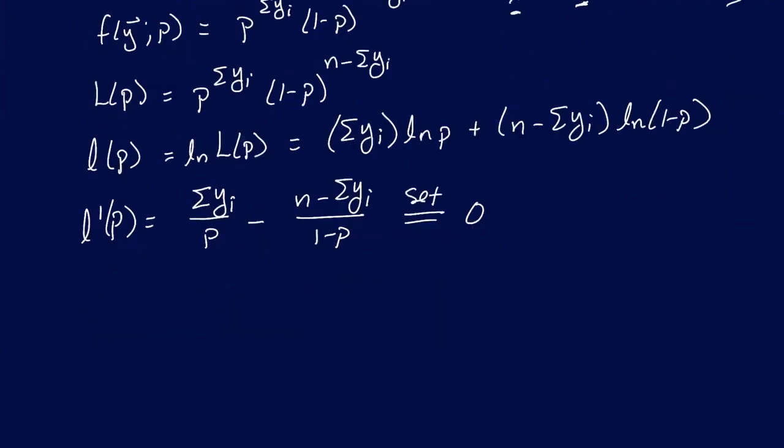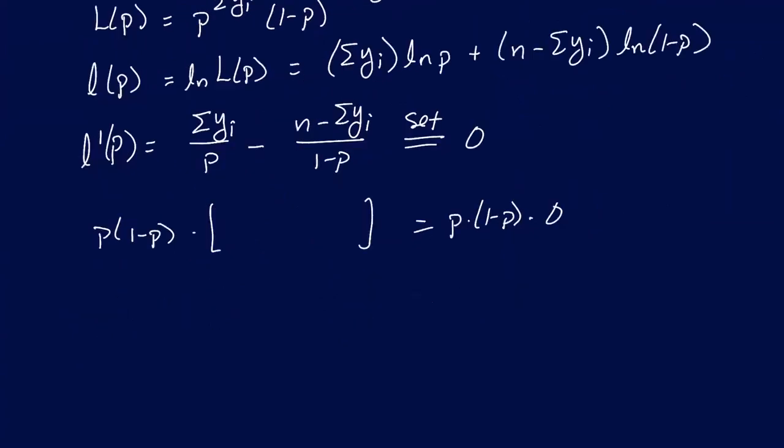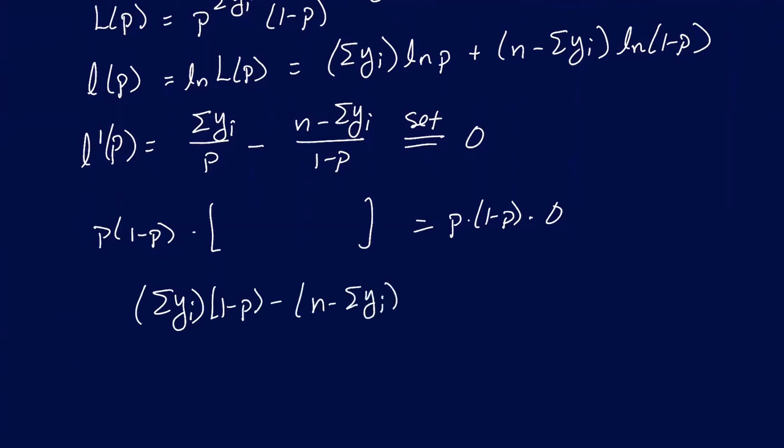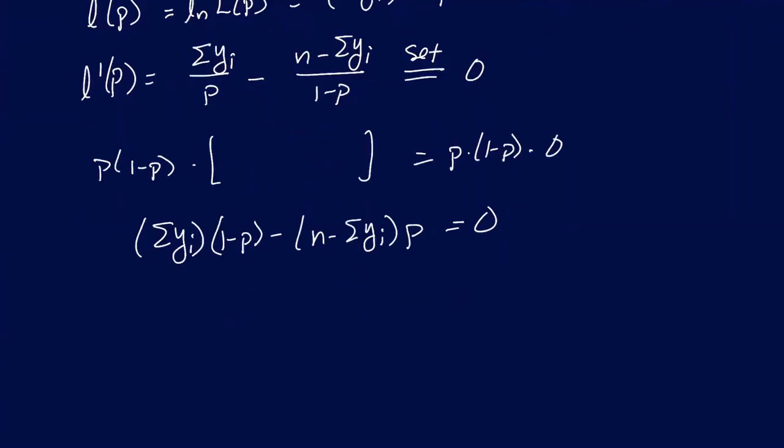If you multiply both sides by p times 1 minus p, on the left side I get the sum of the y's times 1 minus p, minus n minus the sum of the y's, times p. And we get some cancellation. For example, the sum of the y's times negative p and positive p times the sum of the y's are going to cancel. If you continue to work your way down and solve for p,